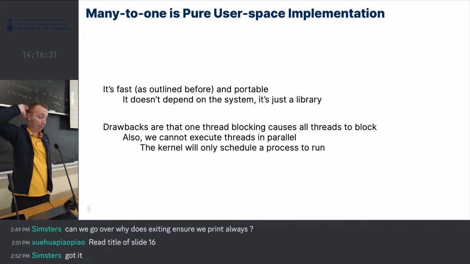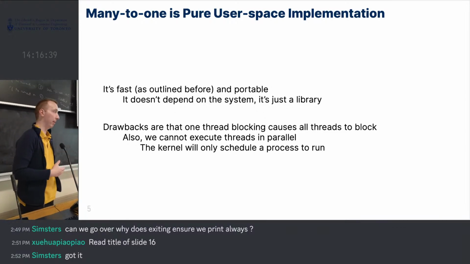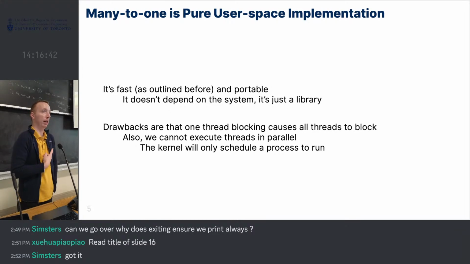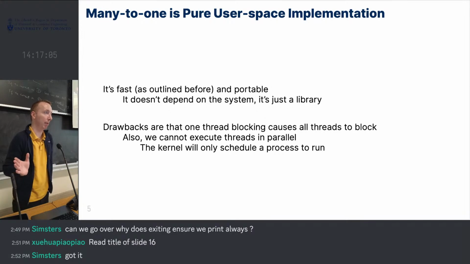So, like I said, many-to-one is a pure user space implementation. The kernel is only aware of a single thread, and everything is on top of that. This is what you will be doing in Lab 4. So it's going to be fast, portable, and doesn't depend on anything. It is just a library. But the drawbacks are that if one thread blocks, all the other threads block, because all the operating system cares about is scheduling that one thread it knows about in the process. Also, like I said before, nothing can be done in parallel, because at the end of the day, your kernel